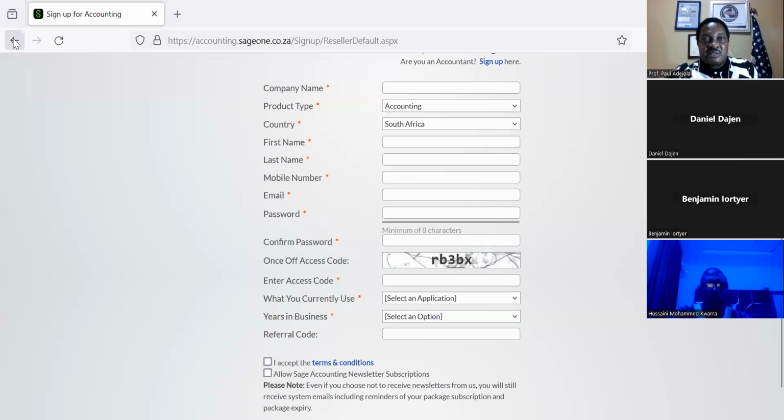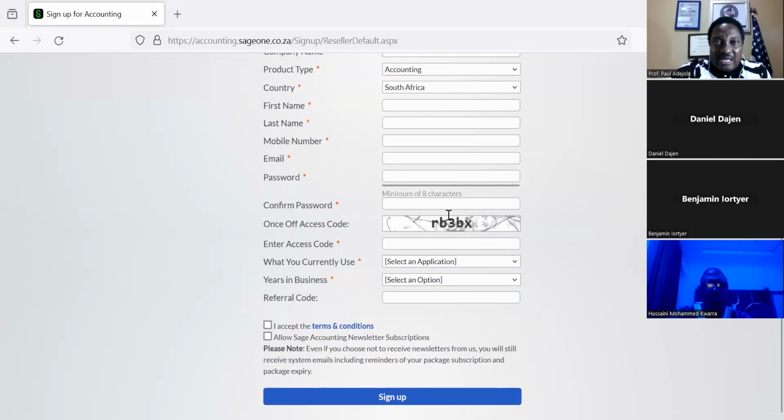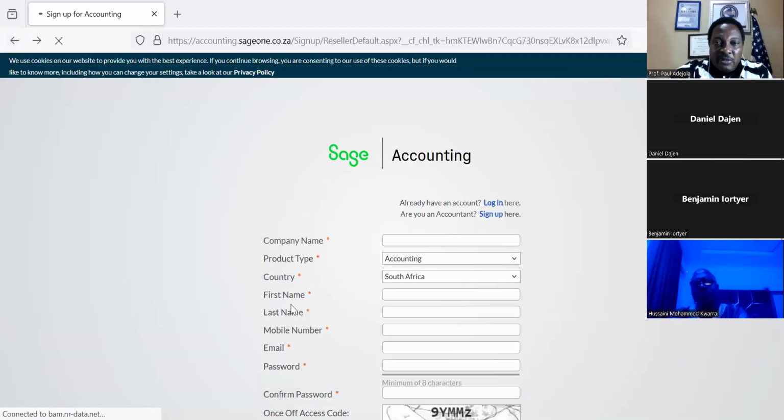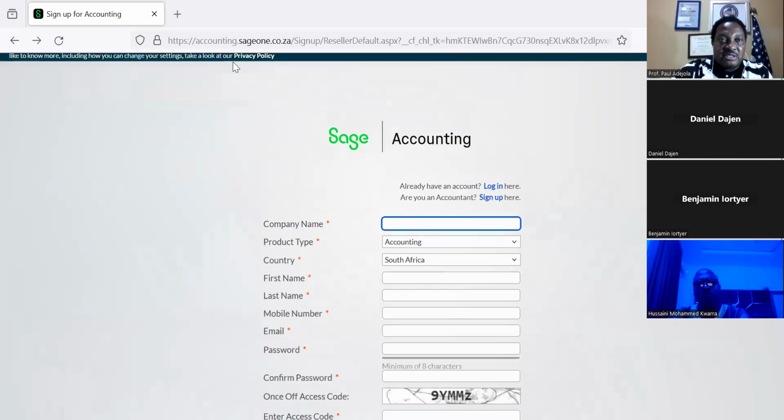Now, when you accept the terms and go to the last item, sign up, a message will be sent to your mailbox. Once you confirm, it will take you to the dashboard. But let's leave that one for today. See where I want us to go to take care of that case study we have.